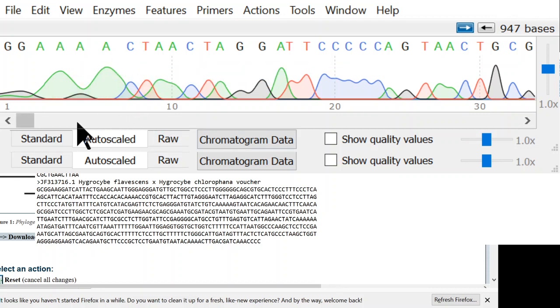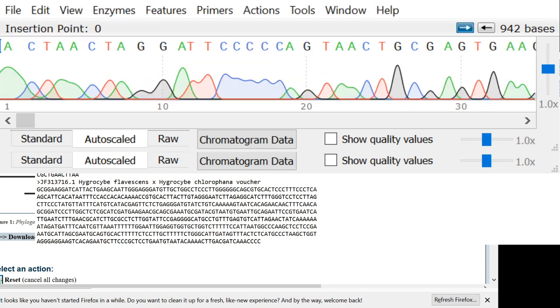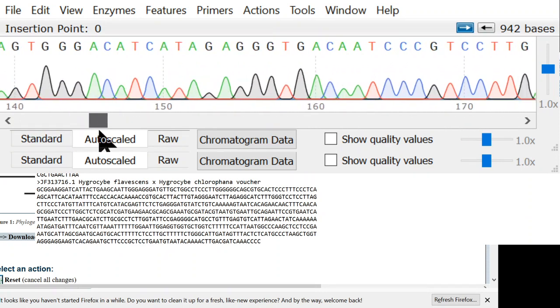So, looking at this LSU trace, you can see it's kind of weird here. I don't really trust that this is correct. I think the first good peak that I see is the C, but the one before it was an A. So I think what I stopped trusting is maybe there's a G in here or something. So I stopped trusting it here. So I'm gonna chop off that end,